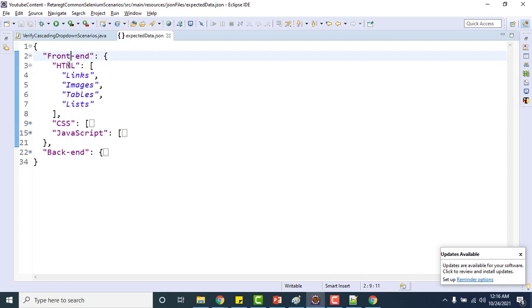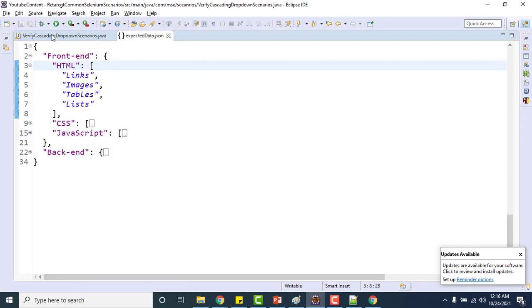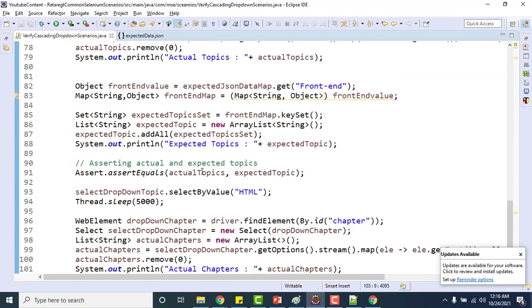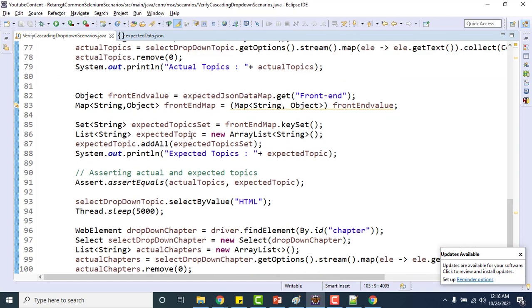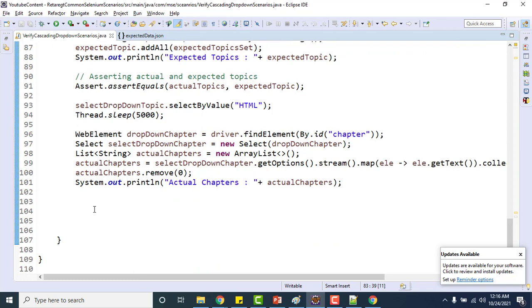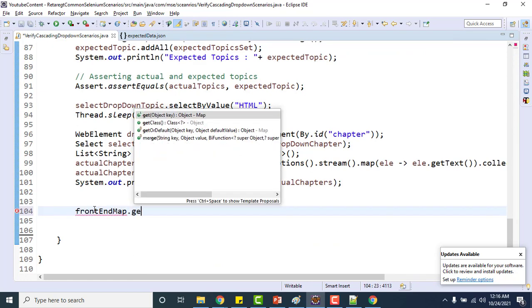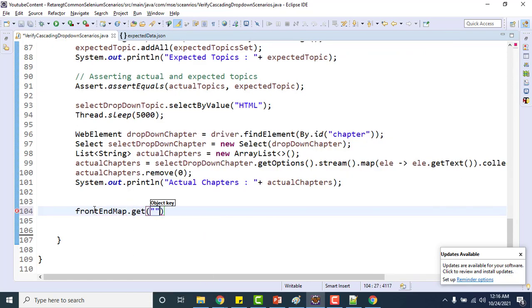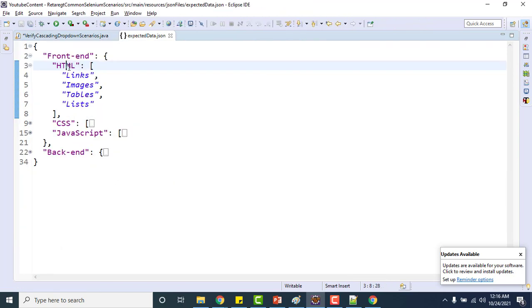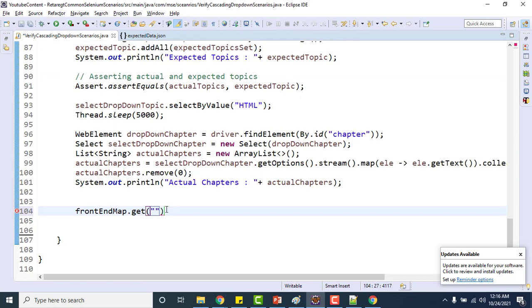So once you use the key HTML, then we can get this value. So what I need to do here is front end map, right? This front end map dot get, right? Here, what is the key? Which value am I selecting? HTML. I am using this as the key here.